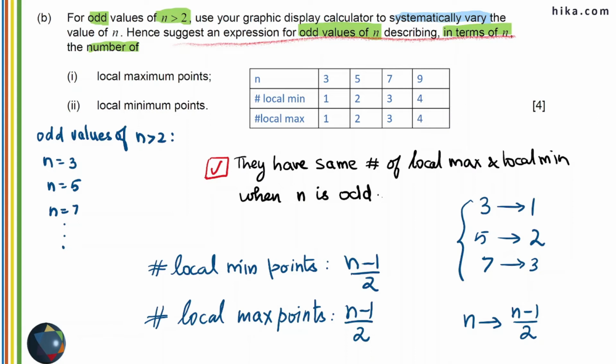You have to find the number of local minimum and local maximum points in terms of n for odd values of n. For odd values of n, you are making the sequence for 3, 5, 7, 9, 11, etc. and identifying the pattern for any n, what will be the number of local maximum or number of local minimum points. So this question is for 4 marks. It's easy to identify the first part of the question. The table part is easy to do, so you would have taken a minute or two for that. If you are not able to identify this (n minus 1) over 2 within a minute, please move on to the next question. Don't stay in this question for more than 4 minutes.